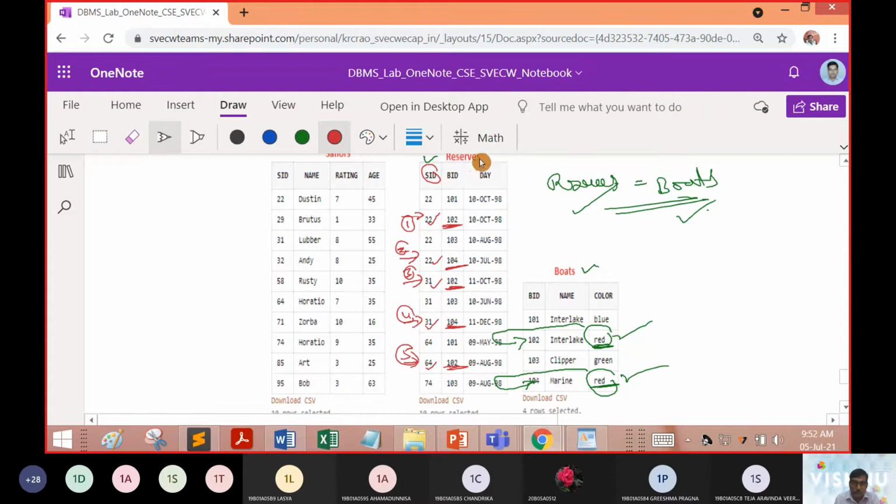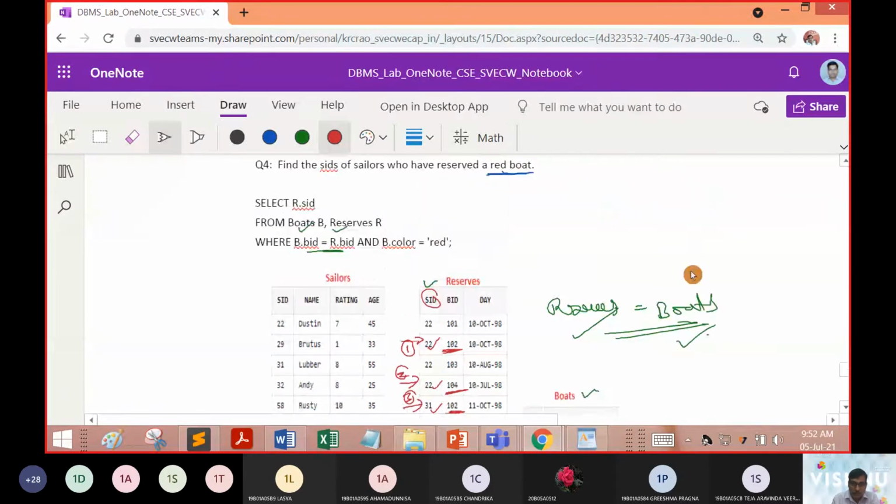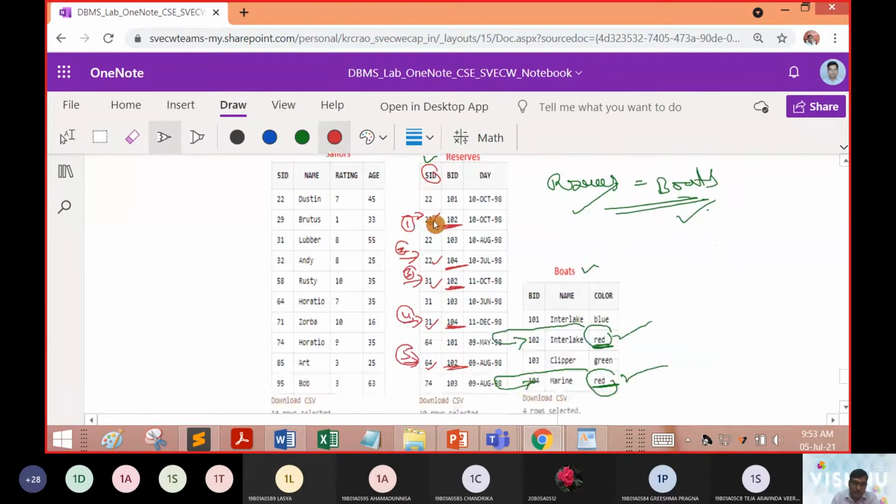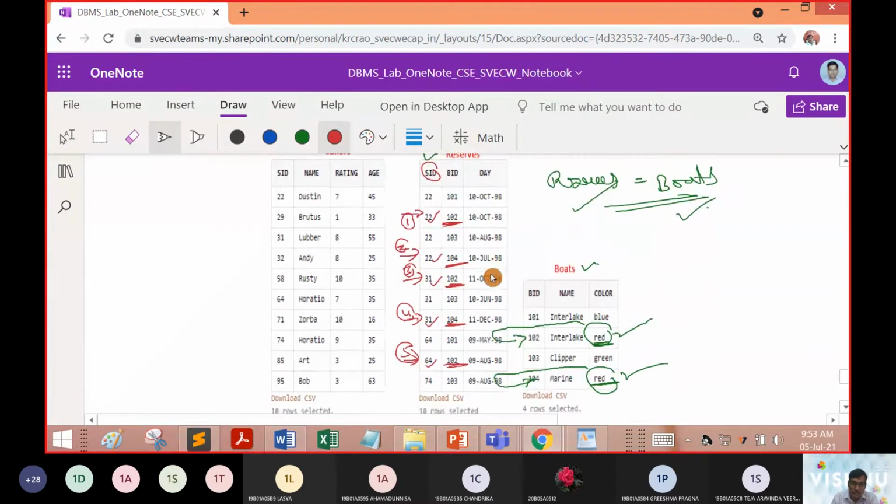So we have taken this query as a part of this exercise. We need to display the Sailor IDs. So how are we going to display them? We will compare the boat table and the reserve table, which exist, and we are going to verify the color should be red. And one more interesting thing: if we are going to work with the character type, definitely that character type should be given in single quotes. Now what is the expected answer? We are expecting 5 tuples to be displayed as our answer.